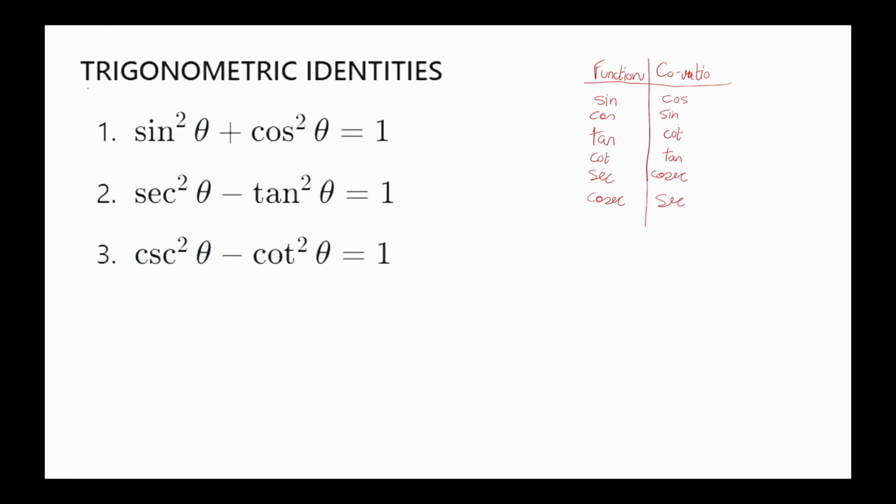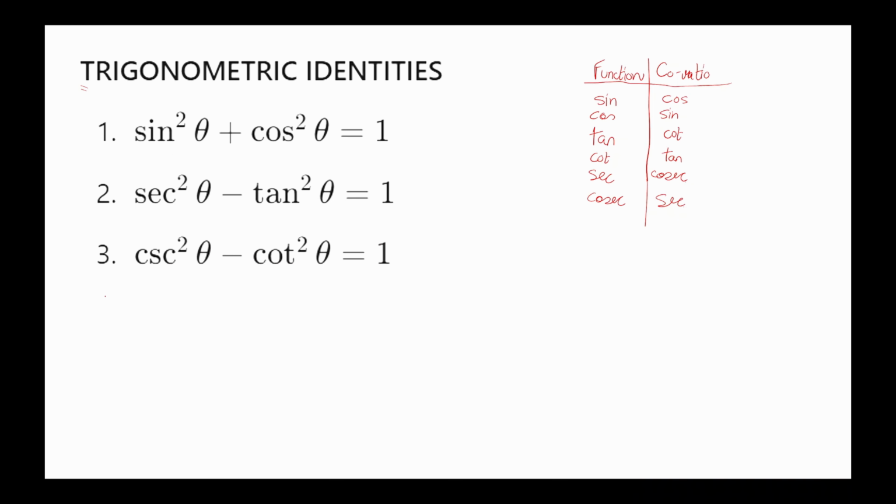Now talking about a few trigonometric identities which you've already studied. Sine square theta plus cos square theta is equal to 1. Sec square theta minus tan square theta becomes 1 as well. And cosec square theta minus cot square theta becomes 1 as well. Now if you were to ask me the proof of all of these, I'll just show you the proof of